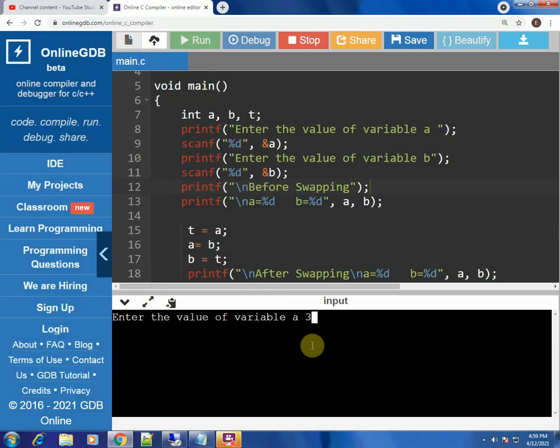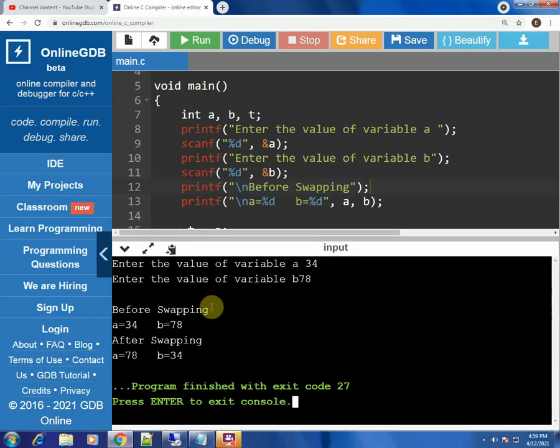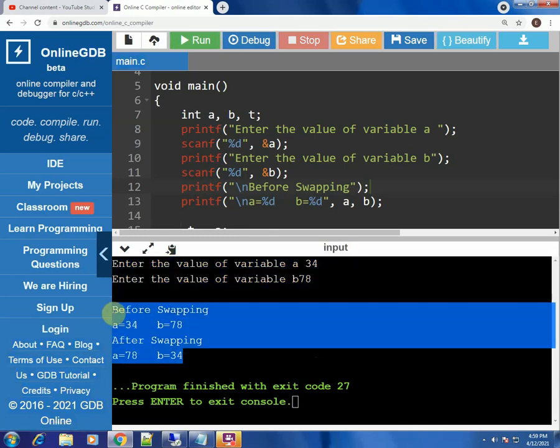So say a is 34, say b value is 78. So you can see over here this output is organized in a better way. Before swapping and after swapping, you can see the values of a and b. It is very clearly printed onto the screen.